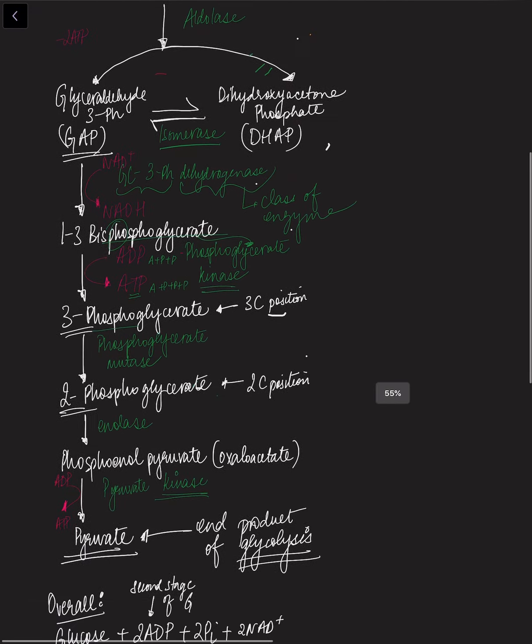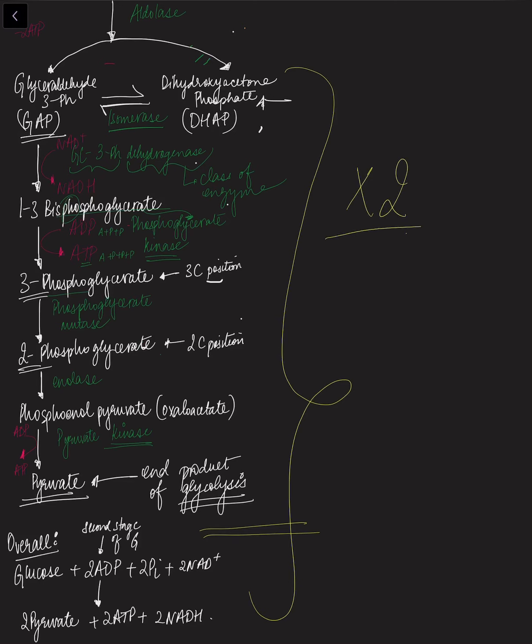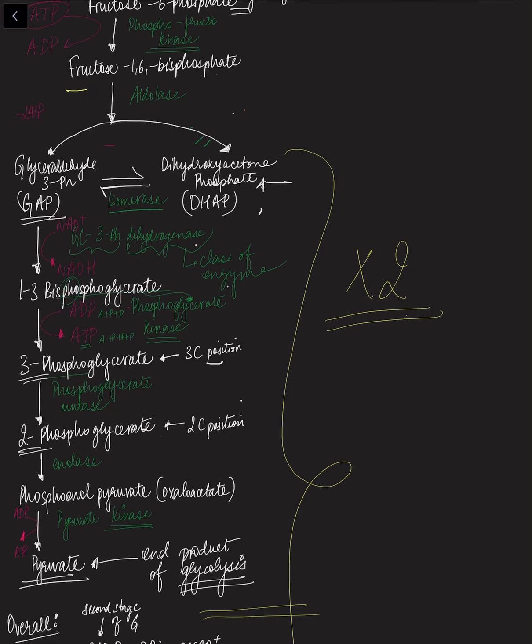But the key thing here is that after this point, when GAP is interconvertible under the isomerase to DHAP, all of this, up to the production, runs twice. This cycle runs twice. This is because from fructose 1,6 bisphosphate you get GAP and DHAP. But under cellular conditions, DHAP is actively converted into glyceraldehyde 3-phosphate. So you have 2 glyceraldehyde